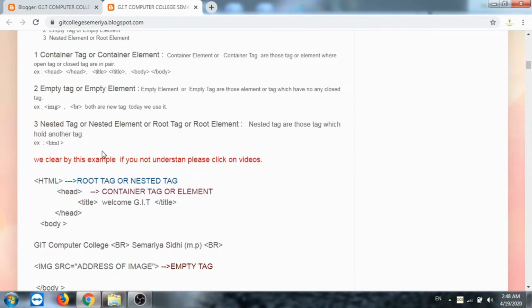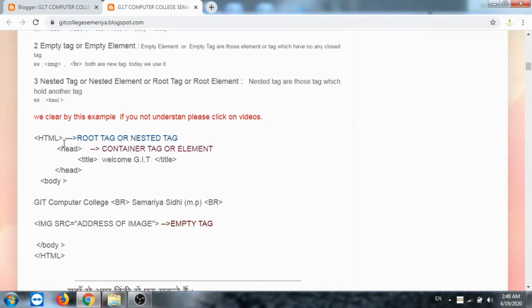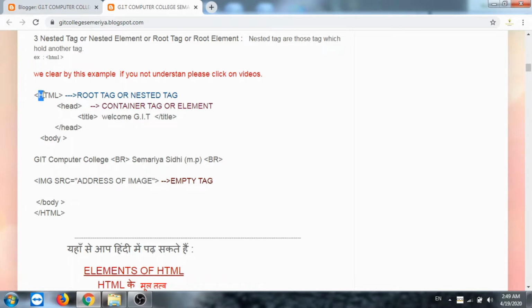After that, the third one is the nested tag or nested element. We also call this the root tag or root element. A nested tag means when one tag contains another tag, tag inside tag. The best example is HTML. You see here we are opening the HTML tag here and closing it here.